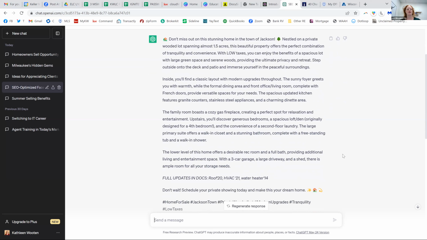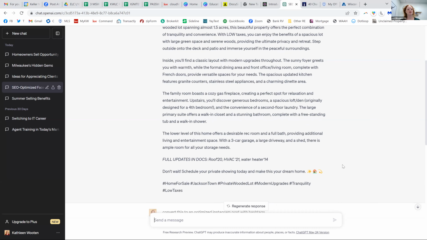Here's the thing, guys. I'm just going to throw this warning out to you. Please don't just blindly copy and paste what ChatGPT creates. You have to read through it, maybe multiple times, before you do it. We have to be very cognizant of fair housing, and ChatGPT might cross that line sometimes. So I just want you to make sure that you're reading through anything that ChatGPT comes up with with your fair housing lens on, and you're editing it as you need to before you post it. Okay, that's just a warning to everybody. Please do read through your ChatGPT post.